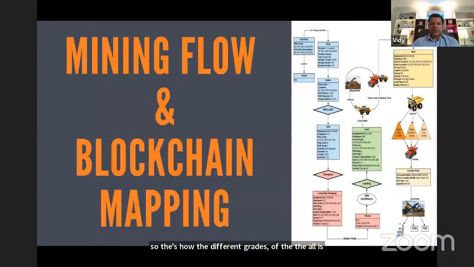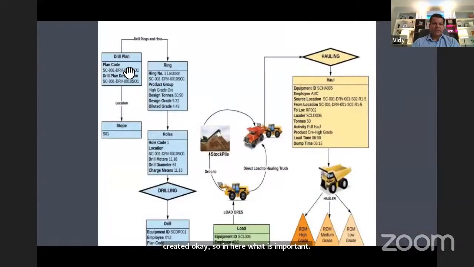Okay, so in here, what is important to understand is all this information. All these codes are the codes that are used in that software, the existing Pronto software. And this is how we identify. There's a lot of information that Pronto captures, but not all information is necessary to be posted to the blockchain. So we only select relevant information that is important from a traceability, transparency, and auditability point of view. And that information is then recorded and stored to the blockchain.